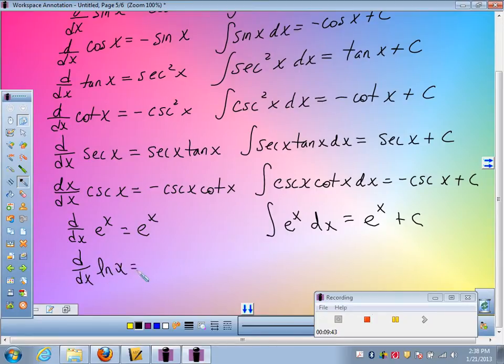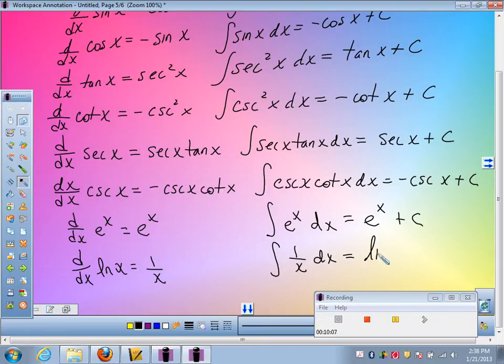What's the derivative of natural log? 1 over x. So, what are they going to ask you to do the antiderivative of? They're going to give you 1 over x, which means the antiderivative of it is going to be a natural log of x,